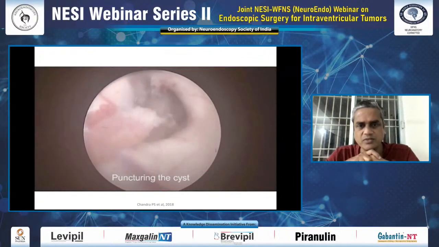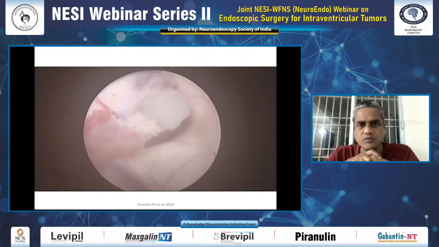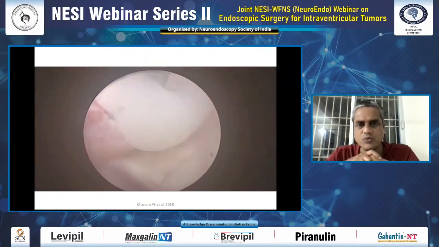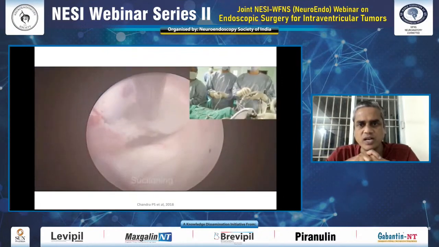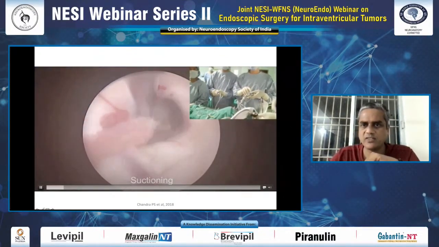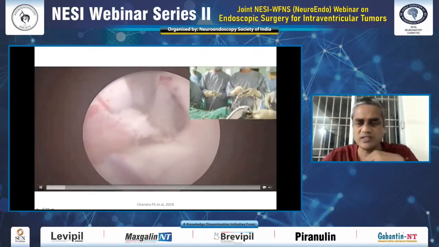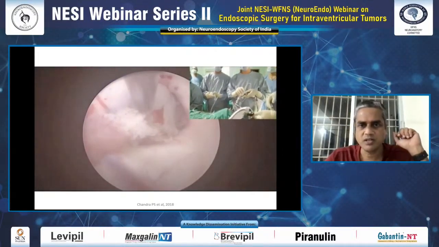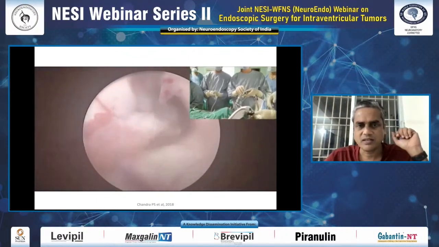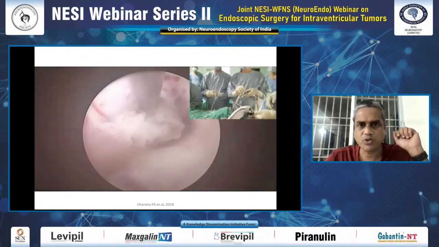So, puncturing the cyst. Now, when the viscous material comes out, we introduce a catheter inside the cyst, and we use a 3-way. One of the arms of the 3-way, as you can see here, is connected to the assistant who aspirates it through the 50 cc syringe. Now, a 50 cc syringe may sound very, very strong, but it's only when the catheter is inserted inside the cyst that we use it, and this provides a very powerful suction